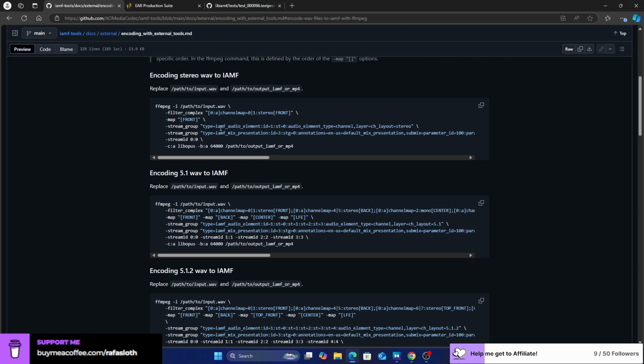So you could use IAMF just for broadcasting features, like having different presentations of the same content, meaning you could have submixes of the same mix.